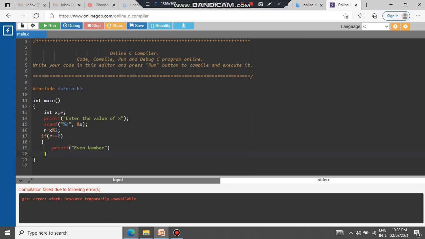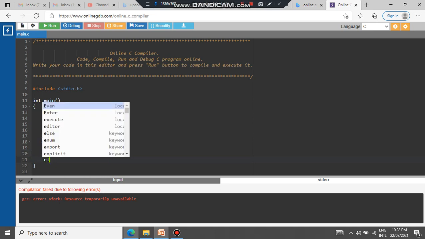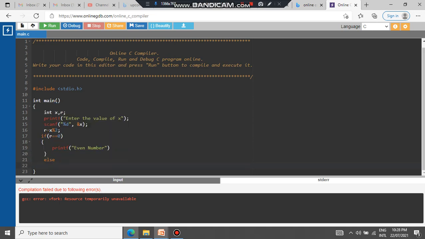I am ending that particular block here. Okay, and after this block we have to write else, again inside a block. So always you construct the block first and then printf. Else means if the remainder is not 0, at that time it is going to be printf odd number.